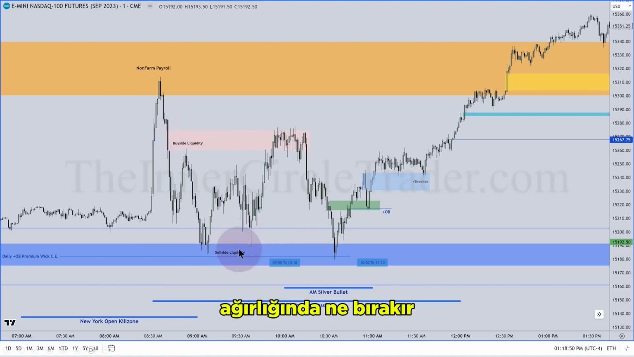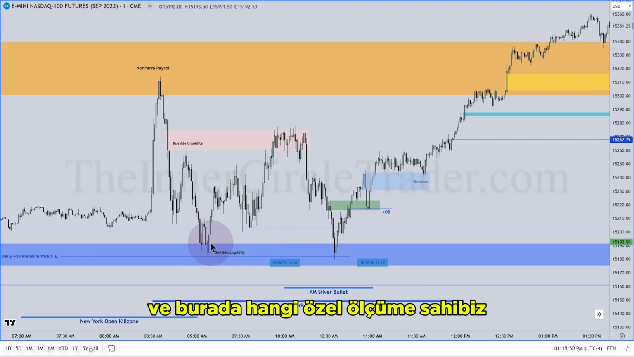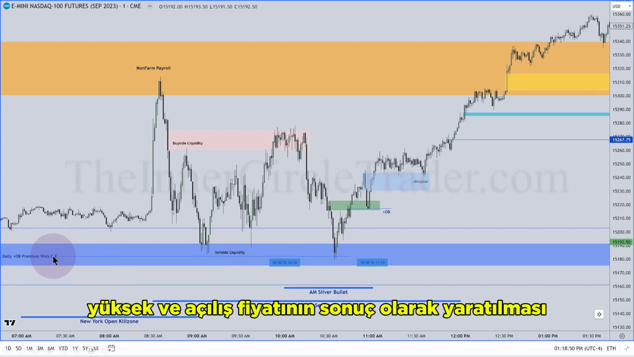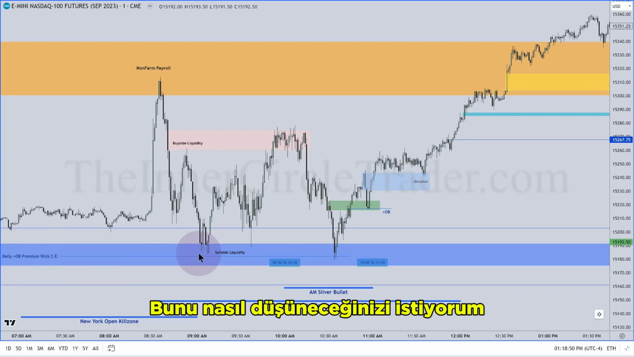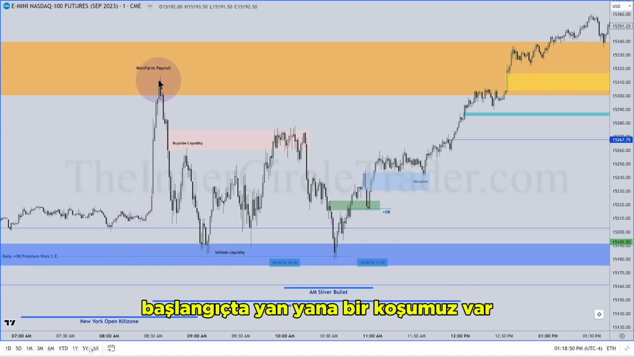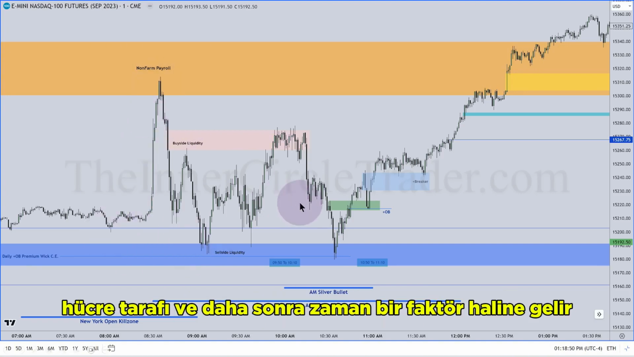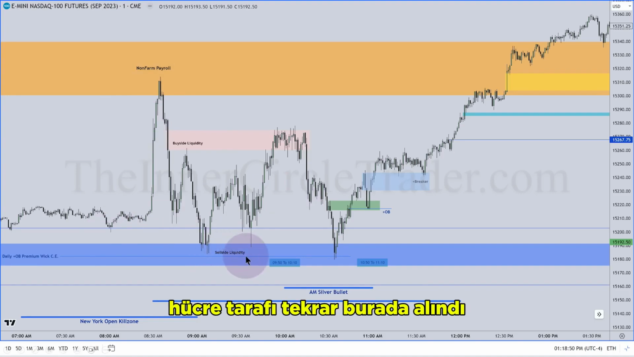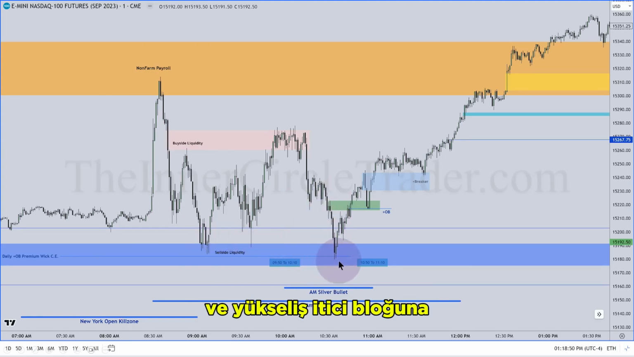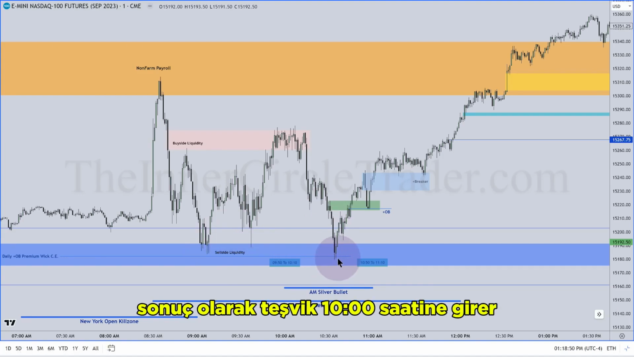What does it leave in its wake? Relative equal lows. And what specific measurement do we have here? The daily bullish propulsion block, which is an order block, the consequent encroachment of the high and the opening price. I want you to think about how the non-farm payroll event typically performs. We have an initial run, buy side, sell side, and then time becomes a factor. The sell side, again, is taken here when it is traded below these relative equal lows and into the bullish propulsion block, consequent encroachment,